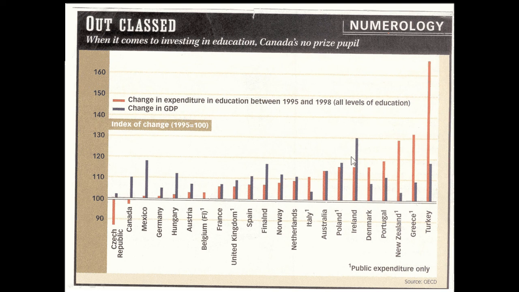Now, the rest of the graph. First of all, what number is this? This is 100. This isn't 0. The way this is drawn, it's trying to make it look like this is negative, but it isn't. This is 100. 0 is off the bottom of the page, way down there somewhere. So they shouldn't have started here. It looks like it's actually decreasing, but it's not. Now, the second thing, and this is important: the data is about change in expenditure. This is not about how much they spend. This is how much it's changed. So, if we take a look at where this is resting, right there. Oh, and by the way, what are these numbers?